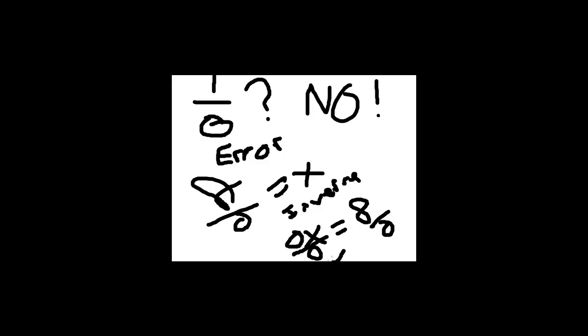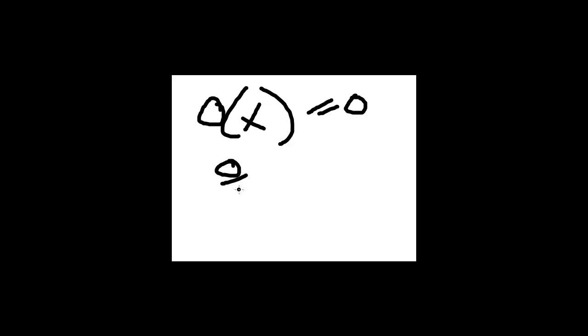Anyways, 0 times any number, no matter what x will be, will never equal 8. Why is this? Because 0 times any number is 0, no matter what. And because of this, any number divided by 0 also doesn't really count, because you can plug in any number